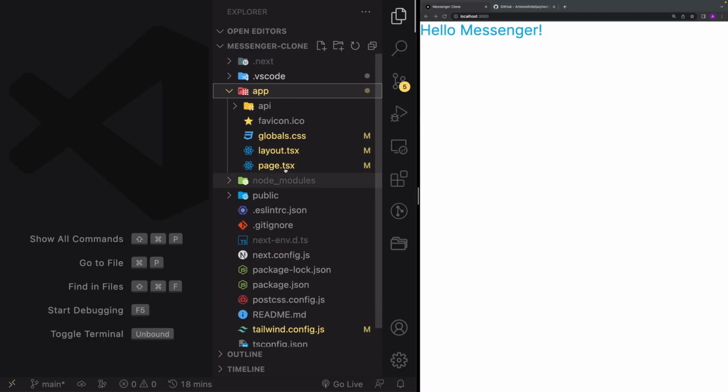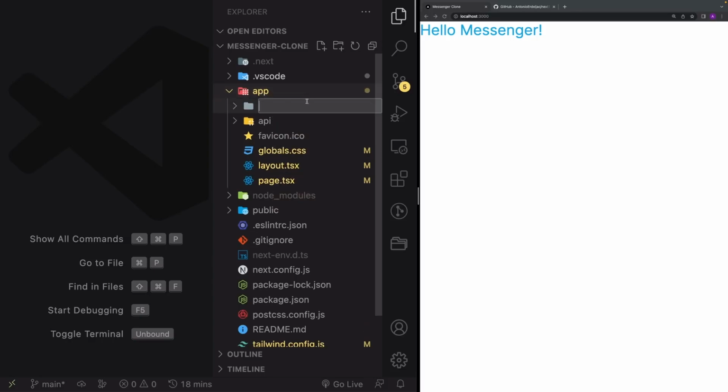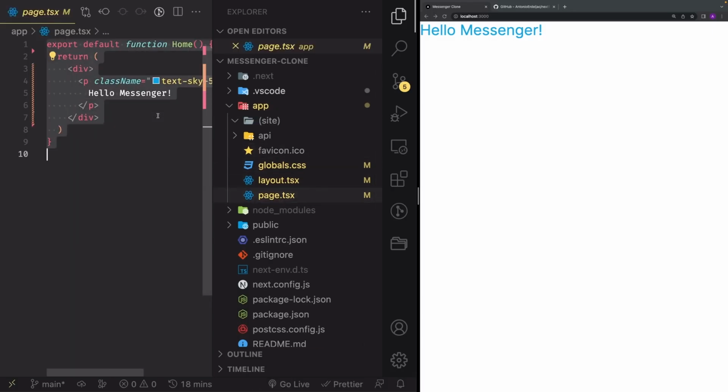So we're going to write our authentication screen inside this page.tsx, but I don't want to keep my initial page.tsx in the root of the app folder. I want to have it in a separate folder. And there is a cool way we can do that by creating a new folder and write parentheses site inside. This is the equivalent of an index folder app like that. Great. And now what I'm going to do is I'm going to copy everything inside page.tsx like that, and I'm